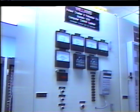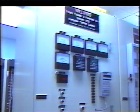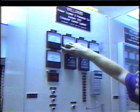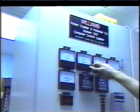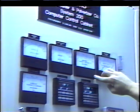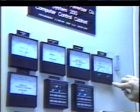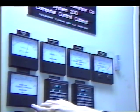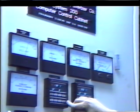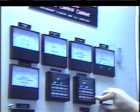This is the Williams System 200 control system for the Lafayette A.E. Staley project. The control panel, as you're looking at it, as you look at the meters: first meter shows pulverizer speed, second meter shows spinner separator speed, third meter shows boiler demand, fourth meter shows differential pressure, fifth meter shows feeder command, sixth meter shows pulverizer temperature, system airflow, horsepower,